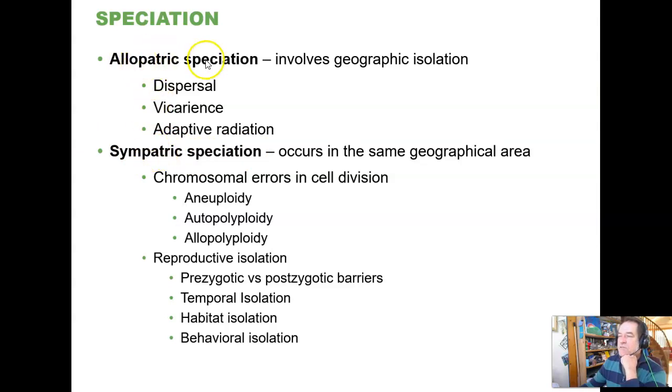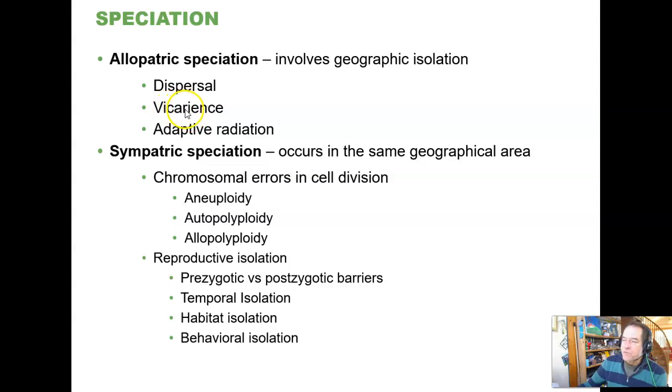So what this means is the two populations are separated, usually geographically. They're separated either because a population went off by itself, like Darwin's finches from Ecuador landing in the Galapagos Islands. That's a dispersal event, and they never went back to Ecuador. The ones that arrived on the Galapagos Islands were isolated, and since then, they have diverged substantially into unique species that are not going to hybridize with their colleagues back in Ecuador.